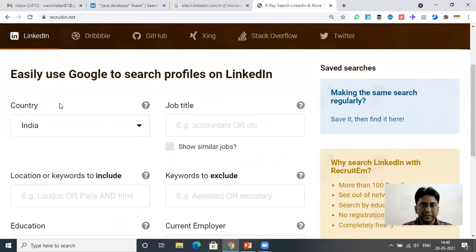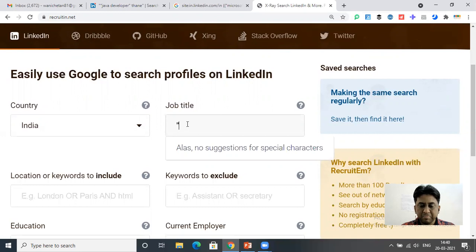So select the country here. Then again the job profile. So we will use a job profile, let's say for account manager.